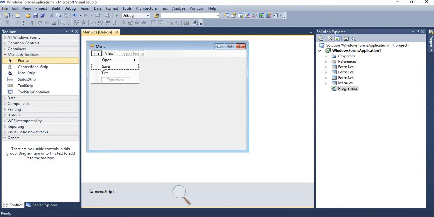And on the click event, if you want to open a form or something else, then on the click event you have to write that particular code.